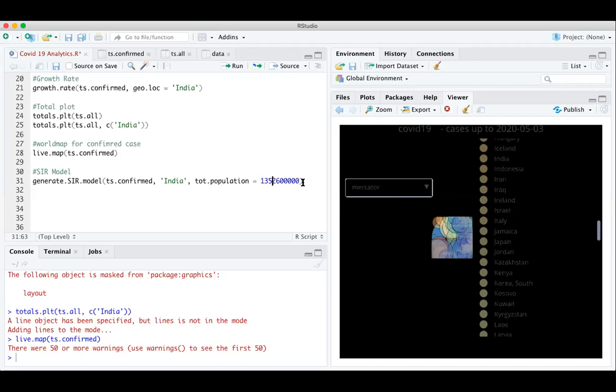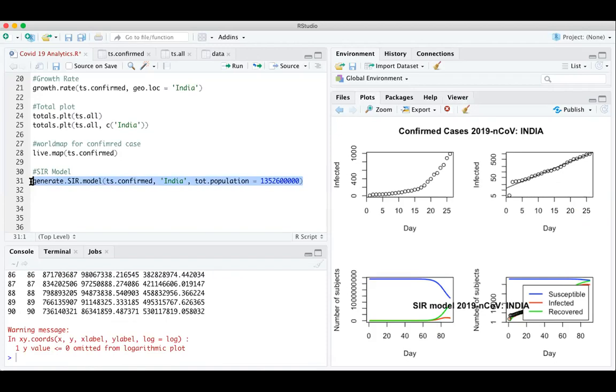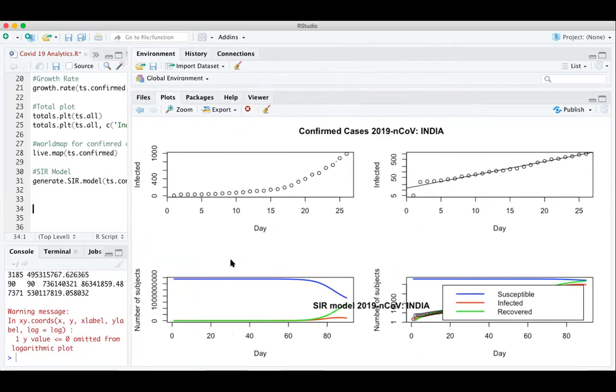Correct. Okay, so let's generate a SIR model. If you want to know more about the SIR model, you can see the description. A detailed SIR model explanation is available in the last video, so you can see it. Okay, now you can see the SIR model. The infected data has been taken for the first 25 days, and you can see the cases have increased. On the logarithmic scale, you can see the regression line and the variable are matching. The line is a best fit.